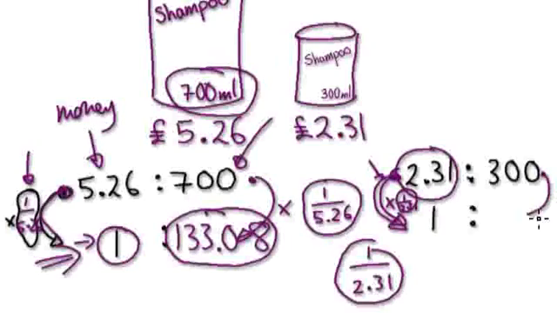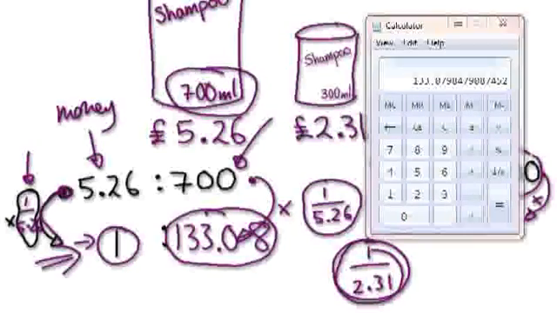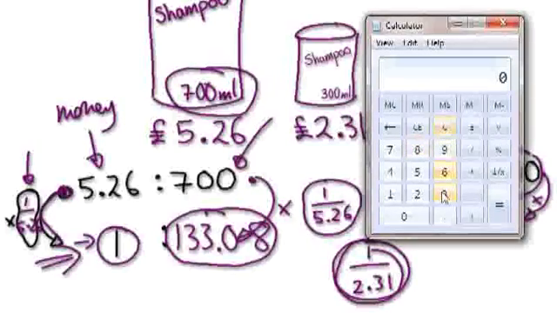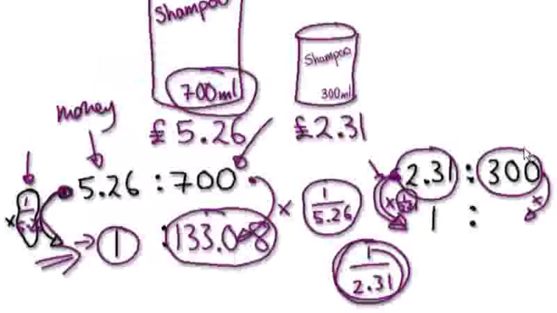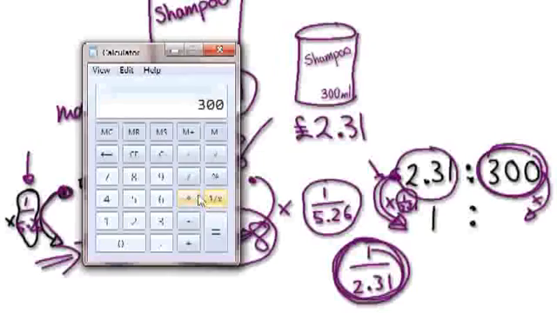Now let's use that same multiplier to get to this thing here. So basically I'm going to start here, times by this multiplier here. On the calculator, it's going to be 300, and we are starting here and we're going to times this, this is our multiplier. So times it to the top, which is 1, and then we divide it by 2.31 equals